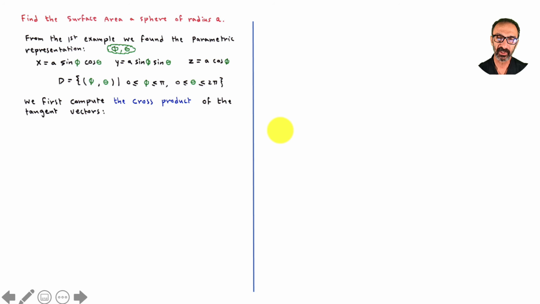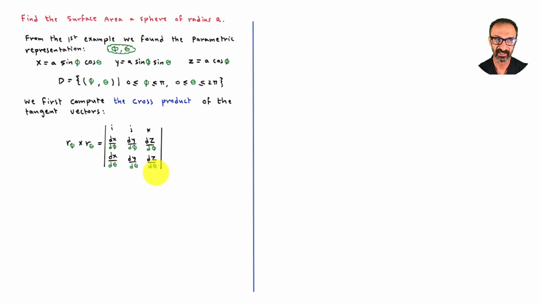We first compute the cross product of what? Usually we call it r_u cross r_v. In this case, that's not u and v, it's called phi and theta. That's the cross product. dx d phi, dy d phi, dz d phi on the first line, and on the second line will be the partial derivative of r with respect to theta, which is dx d theta, dy d theta, dz d theta. Doing the math,